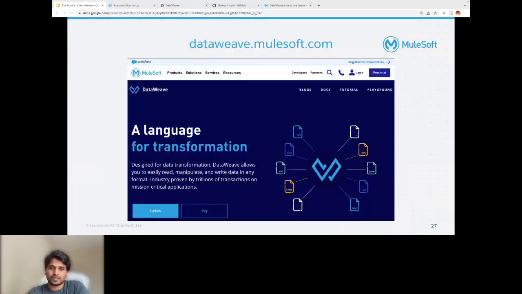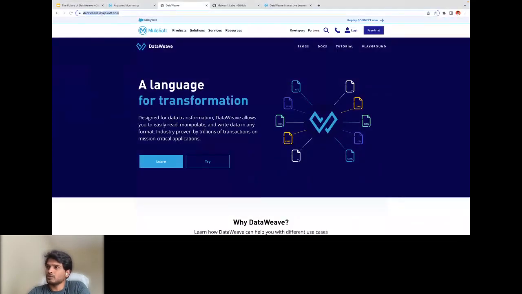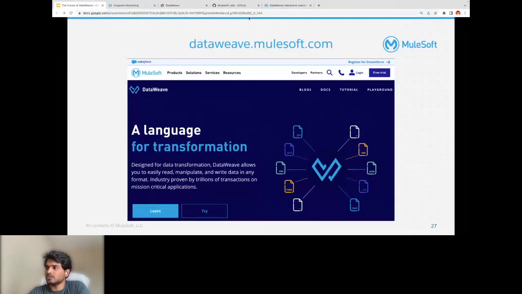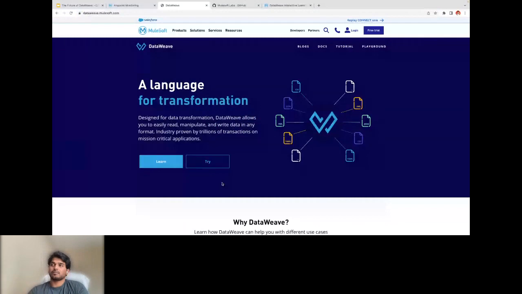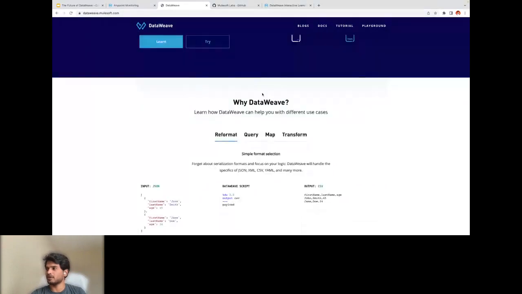And how do we do that, right? Soon we'll land, I think we already launched this DataView site. So if you go on the top here, dataview.mulesoft.com, as you see in the screenshot here. This is the place to land if you have any transformations, right? You can learn and try. And you have this basic